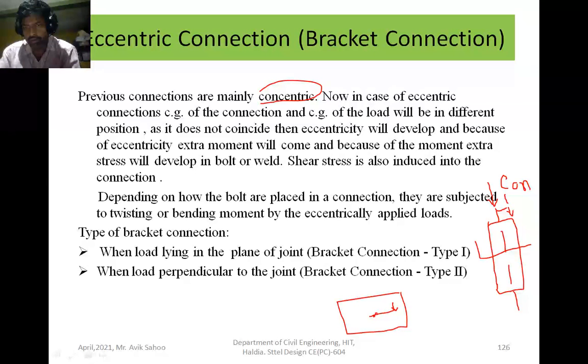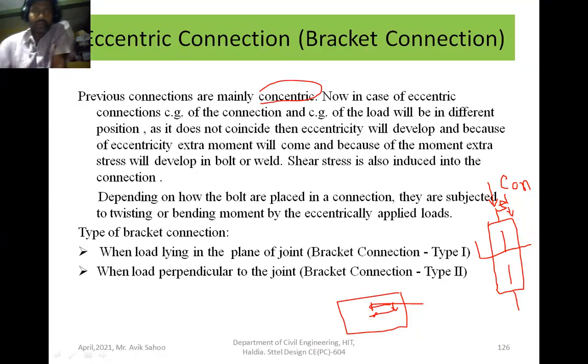So due to this, as the loading CG and cross sectional CG will not meet at a single point, it will create a moment. So the axial load is transferred as well as the moment. So this distance, from the loading to the CG, is called the eccentric distance. This distance is called the eccentricity, okay.